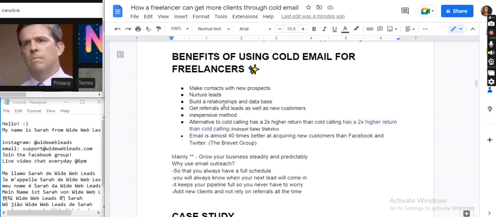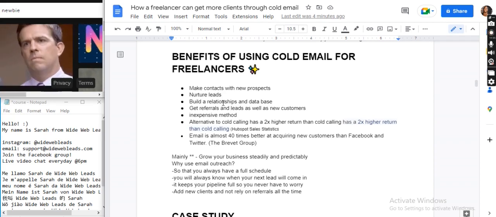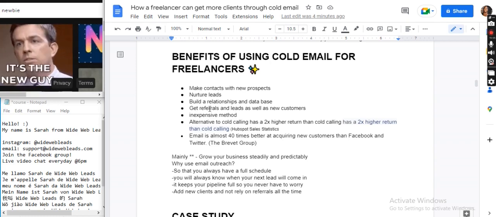When you're sending cold emails, it helps to be very personalized, I believe, because business owners feel more inclined to respond and to let you know what they think about what you have to offer. But like I said, you don't have to go into personalizations. We'll get into that a little bit later. Okay.